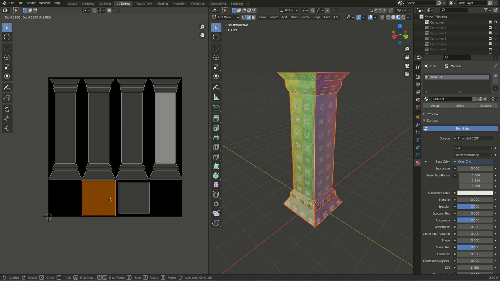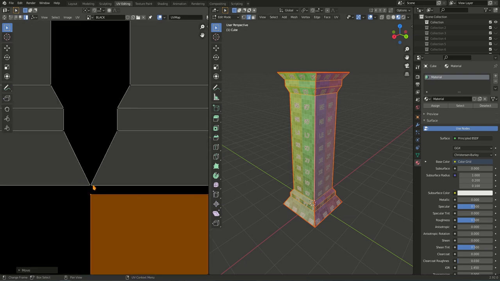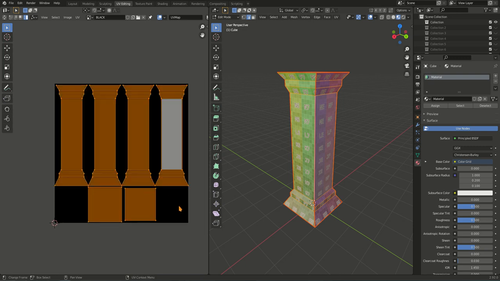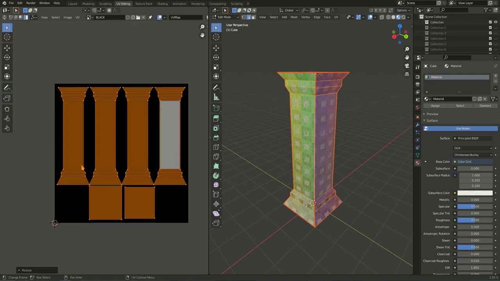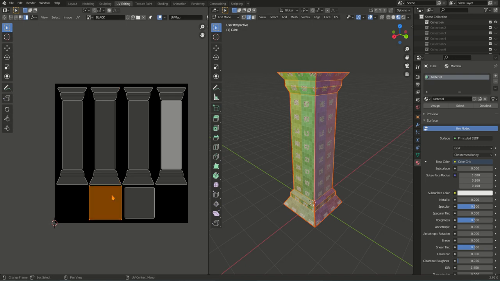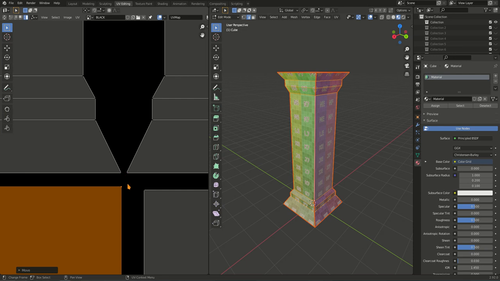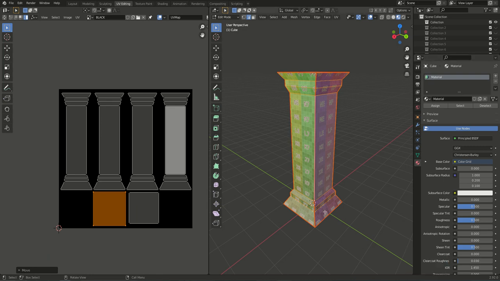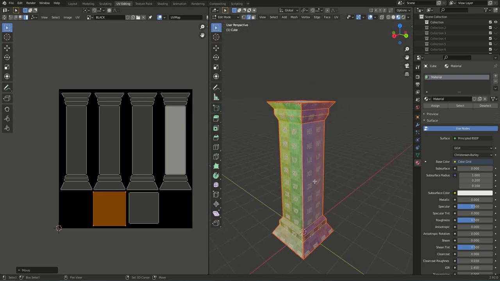Remember that we need some margin so the texture doesn't bleed. Indeed, these parts are too close, so we select everything, scale just a little bit, and now select the island, GX, GX, GX, and GX. We zoom, and now we see that there's some space. So this is one way to unwrap this, and it's a nice way to have in this